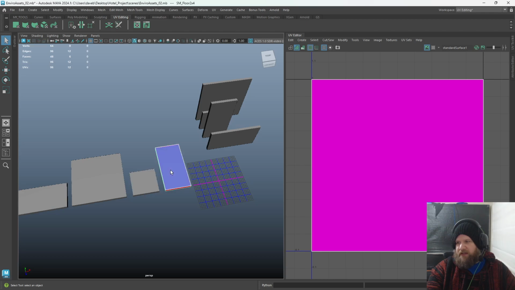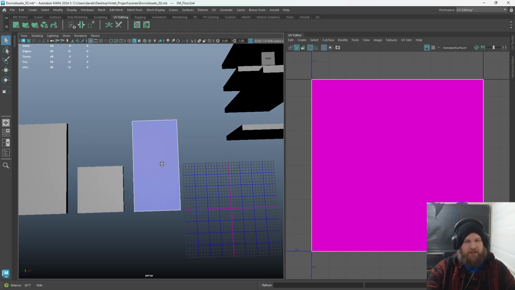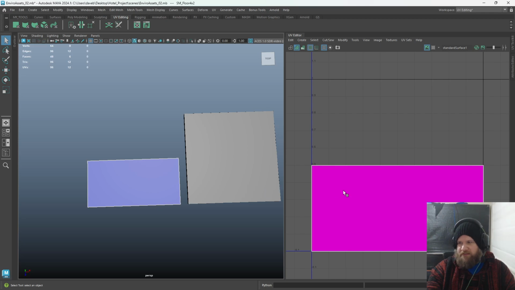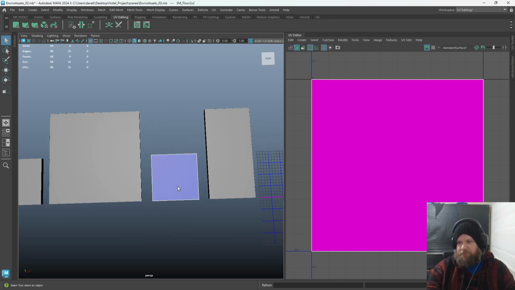Or for ones that are like a half like this, I can see that I've got this object selected and it's 4 meters by 2 meters, which is technically half of this vertically. So I need to fix that up. And I've got this one, which is correct because it's obviously 2 meters by 4 meters. So that one's correct. This one's obviously correct. This one,